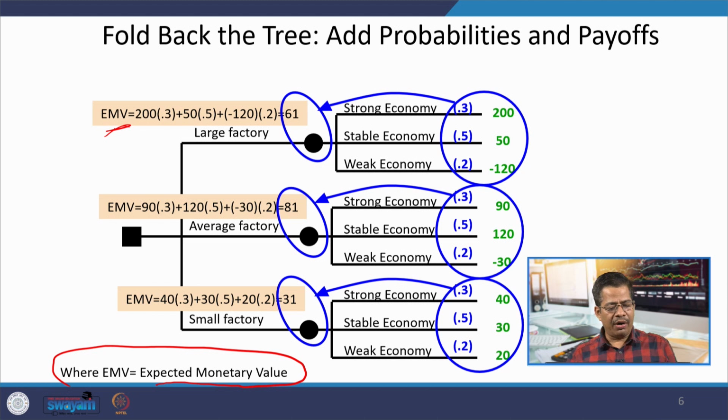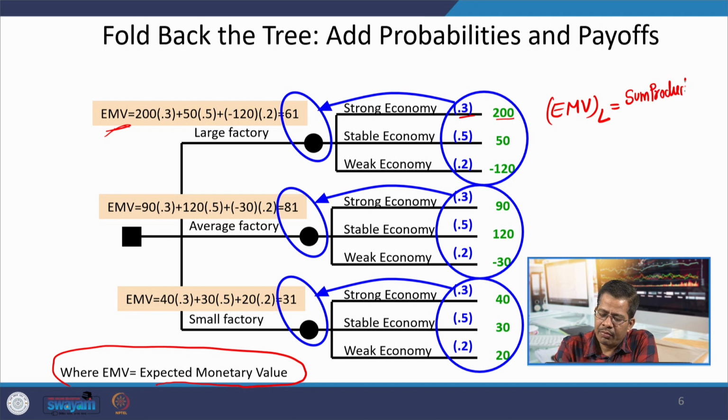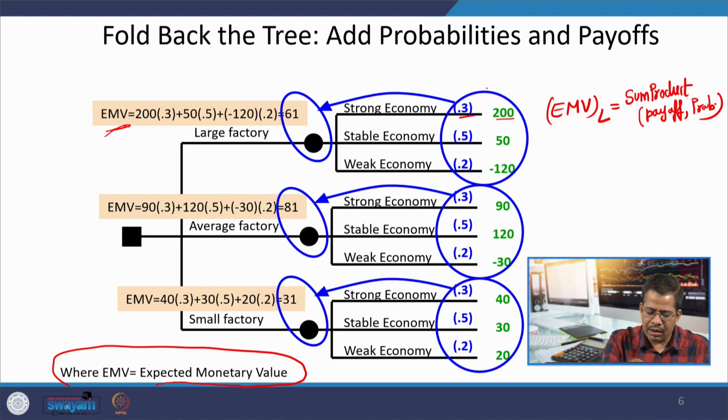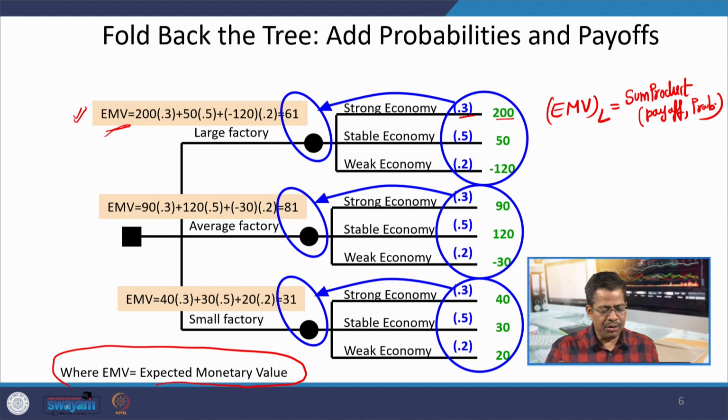Expected monetary value of opening a large factory, EMV large, will be payoff multiplied by the associated probability. So, in Excel we can use SUMPRODUCT. I will recommend using Excel SUMPRODUCT of payoff and associated probabilities, and this function will look like this, and then you will calculate the associated EMV large